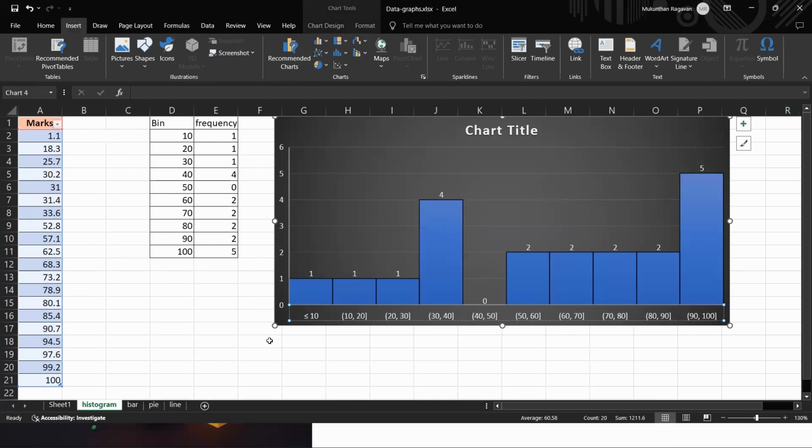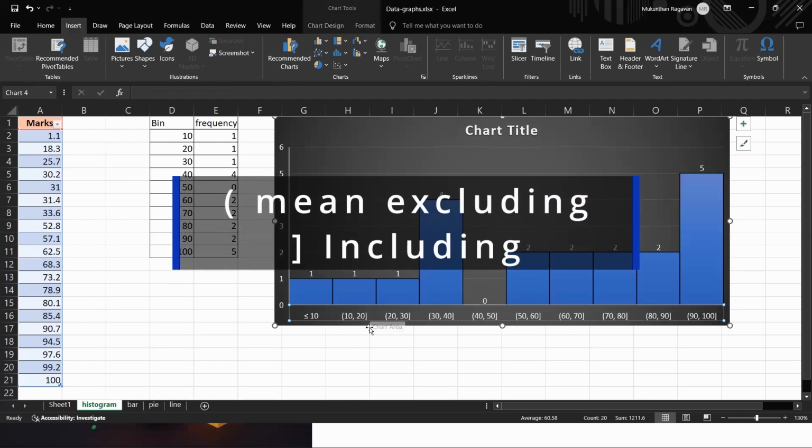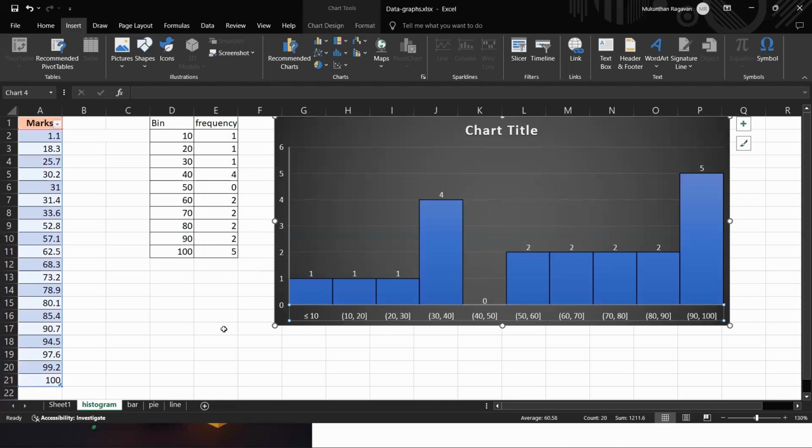And we also understood that if it is parenthesis, it is excluding that value. If it is a square bracket, it is including that value. So this way we have understood the basics of histograms and we have seen how to create the histogram chart by using the